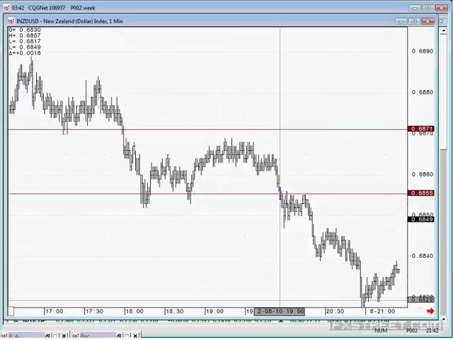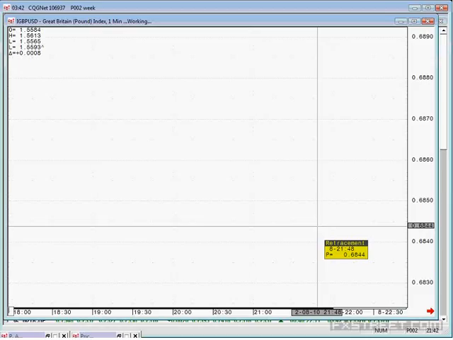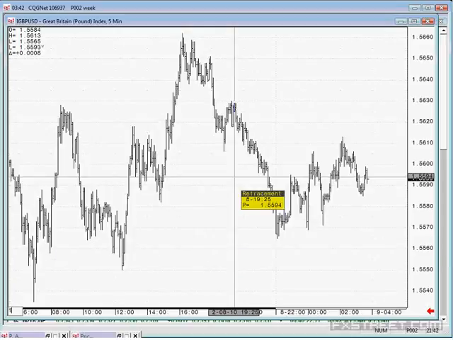Okay, the next question is, can you show the pound USD example? Do you want me to show based on yesterday's report or based on today? Because today's report is not ready yet. That report will only be out before 5:30 to 6 GMT. Or do you want me to just discuss this overall? I would not mind discussing this. So you tell me what you are looking forward to discussing on this particular instrument.